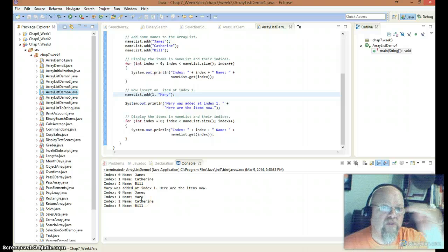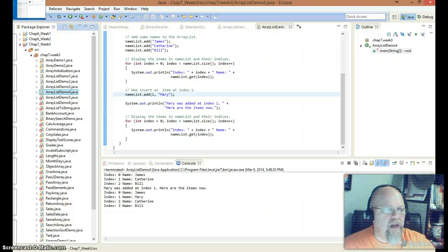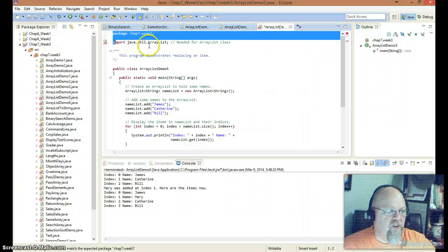Array list, I should say. So the methods make and break these particular items. Let's take a look at number 5 here. Again, it looks like it's going to start pretty much the same way. We got an array list, add those 3, we go through and display them at each index. This time,